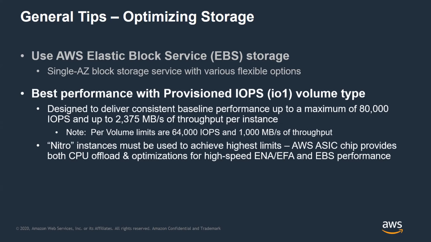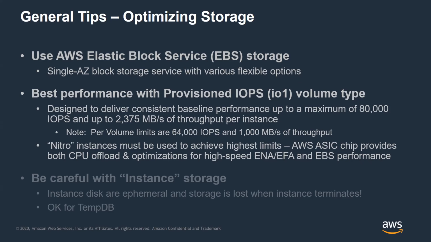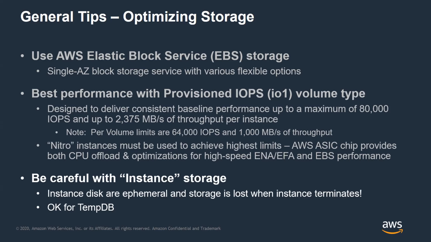So a lot of the exercise, just like we did in the old days, right, of spreading data across spindles and making sure you had enough throughput, you have to consider that as well, at least in AWS. And as we talked about, those Nitro instances are really key to getting the high performance, right? We do have some instance types that have local storage. Local storage is basically ephemeral, and if the instance crashes, whatever's on there is gone. So TempDB makes a lot of sense. We've got some instance types with super high throughput SSD, and so you want to pay attention to that.